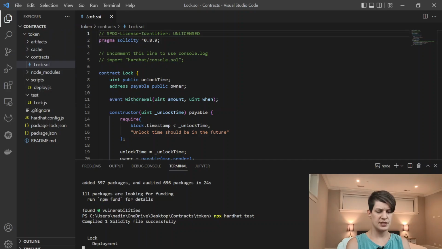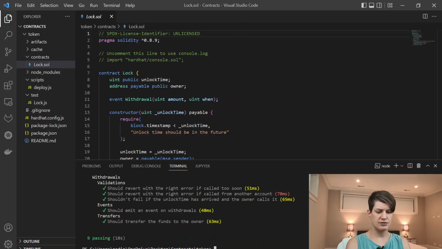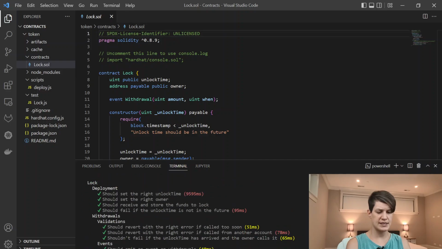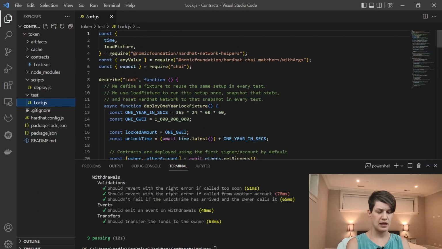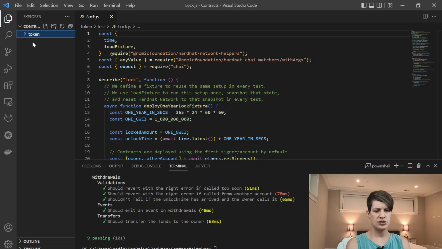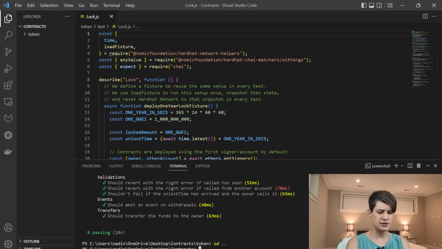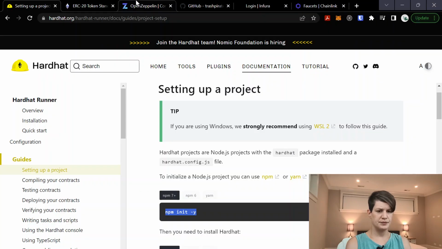So here now you see that it's testing right now, and it's passing all the tests in the log.js file. But now we're just going to move on to the token contract. Actually, I'm just going to clone it. So I'm going to go out of this folder, and I'm going to go to GitHub,